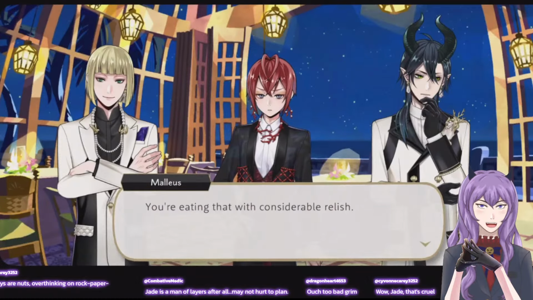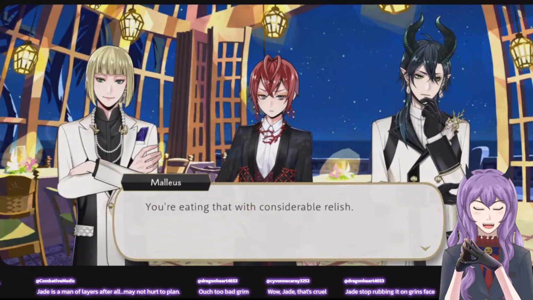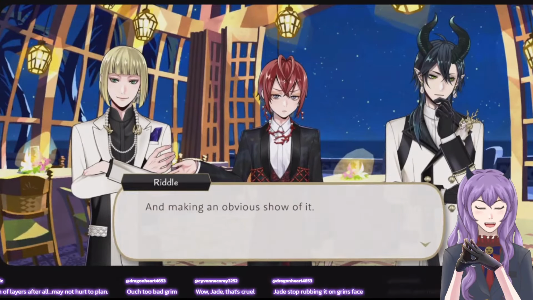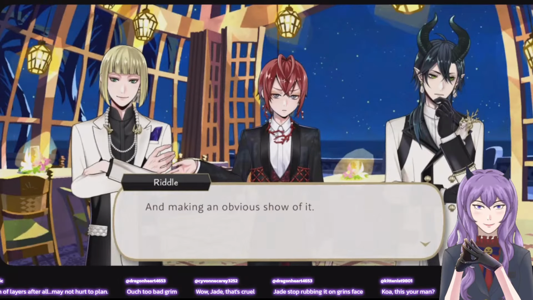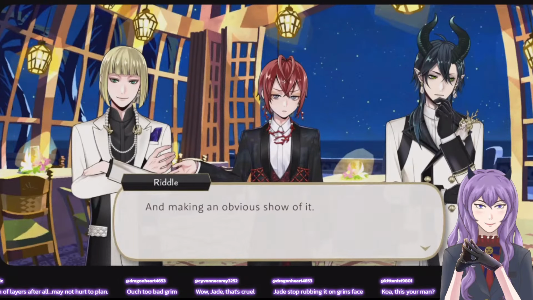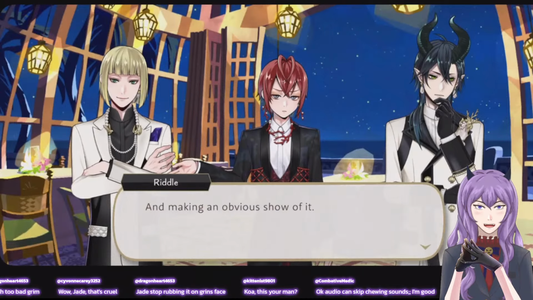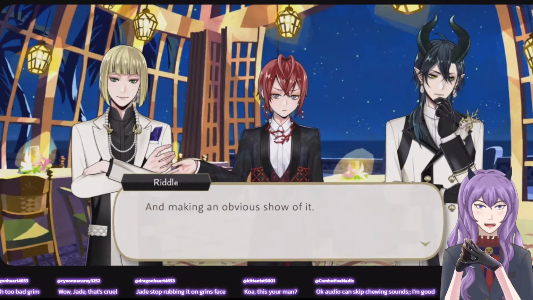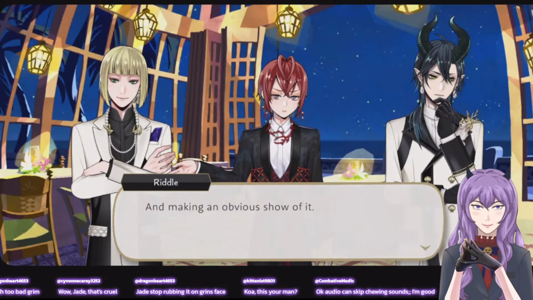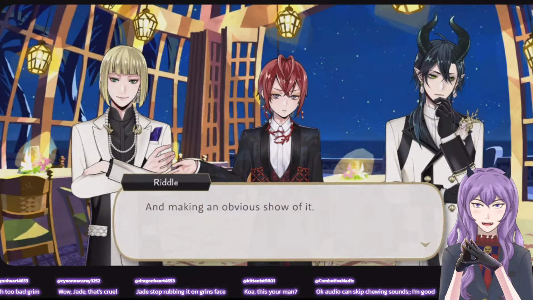It is such a shame you can't taste it. Andreas Crow rubbing it in Grim's face, knowing he can't have it. Indeed, that is how he operates. He is a sadist at his core.